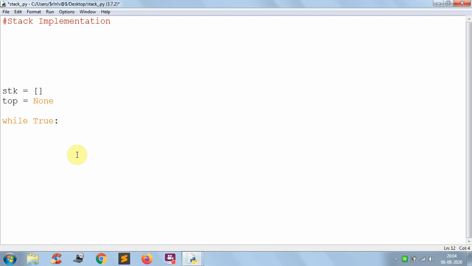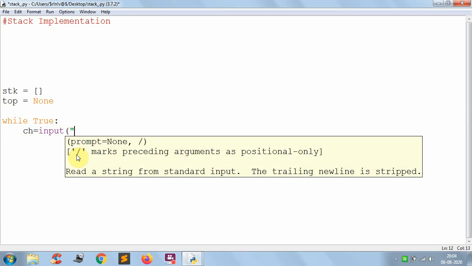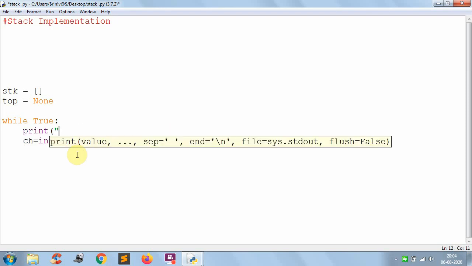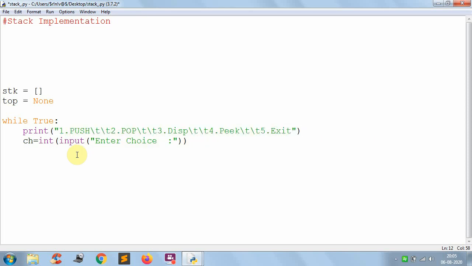Already we have discussed how to create the menu. ch equal to... before that you have to give the choices. 1. push, 2. pop, 3. disp, 4. peek, 5. exit. So this is the menu I have created.